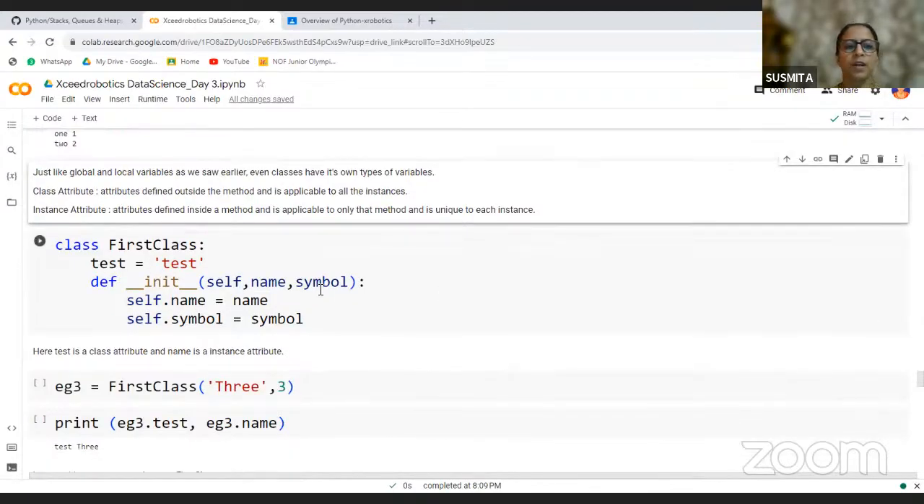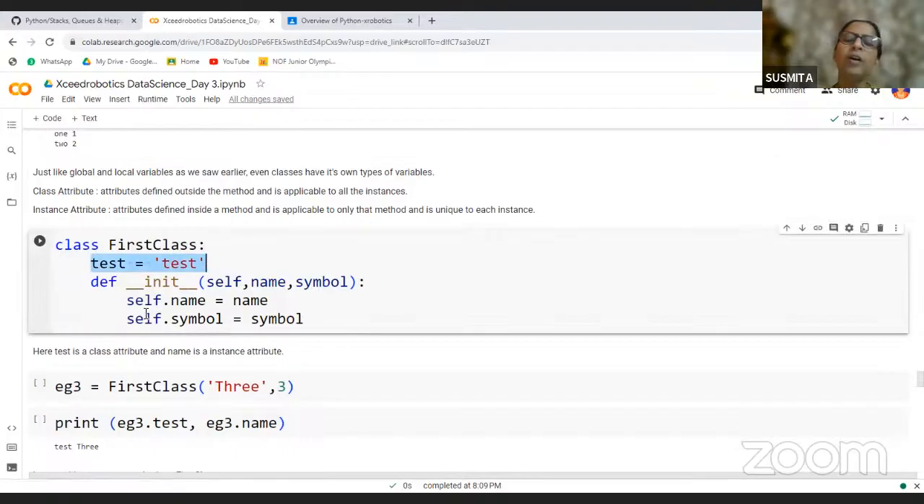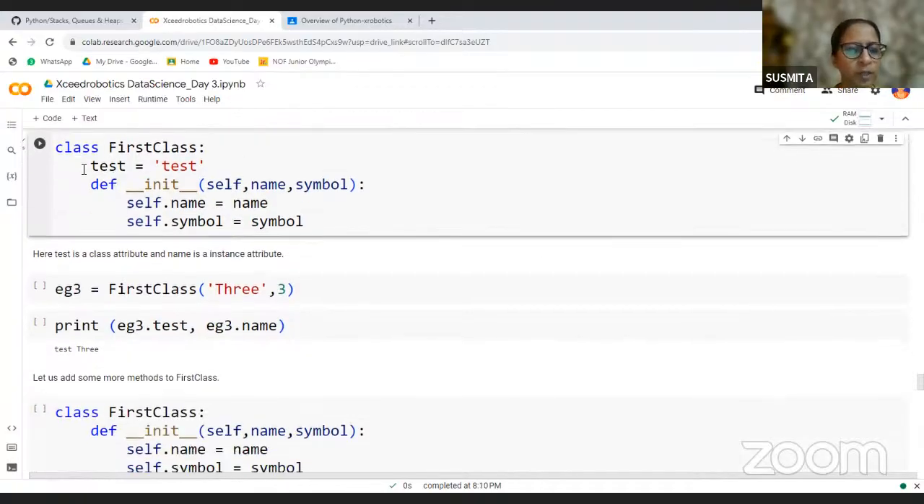Yes. Just like global and local variables, as we have seen earlier. Okay. Here also, the classes can have some variables as data members, and those inside the function will be local, right? So if you just execute this particular code, test is already defined, right? Now, if you call a particular